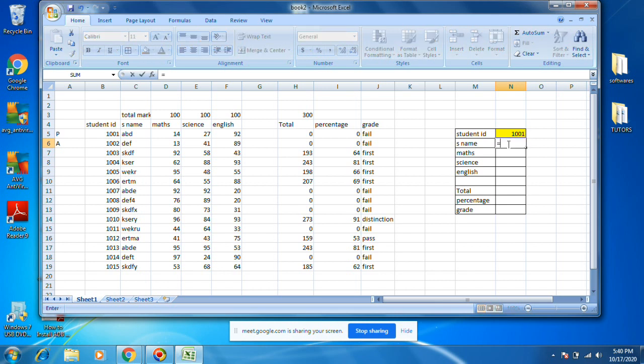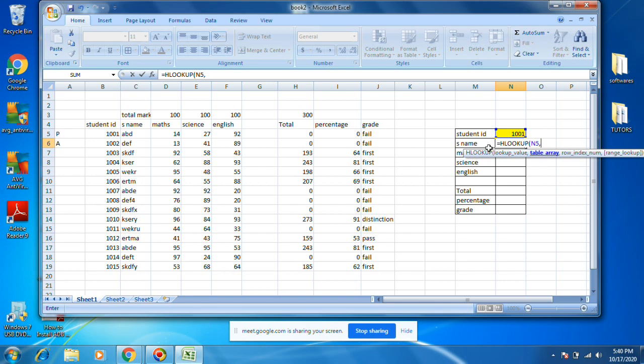Let's go to HLOOKUP, equal to HLOOKUP of lookup value. I am searching based on this only. This is the lookup value, N5. This cell is the lookup value for me.